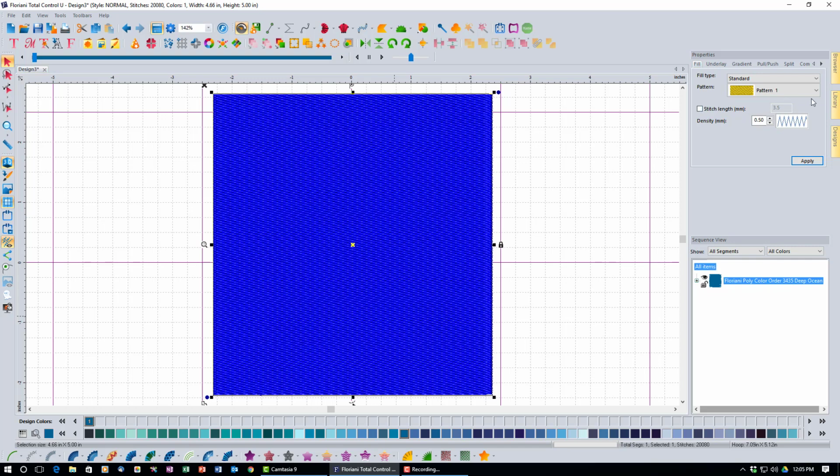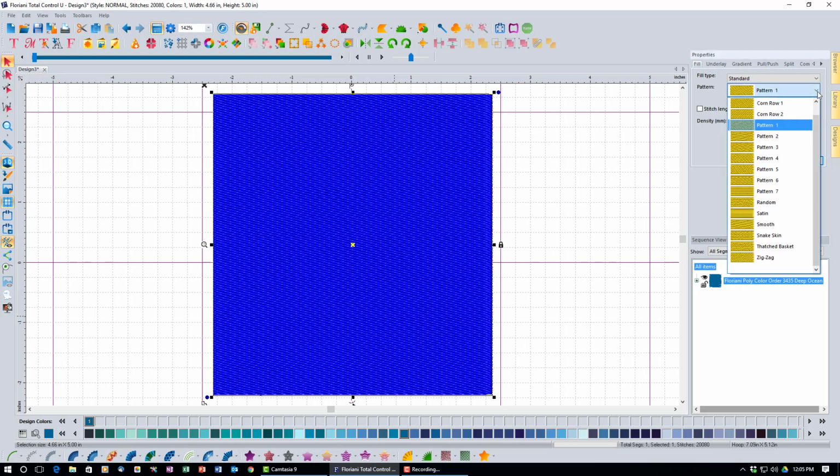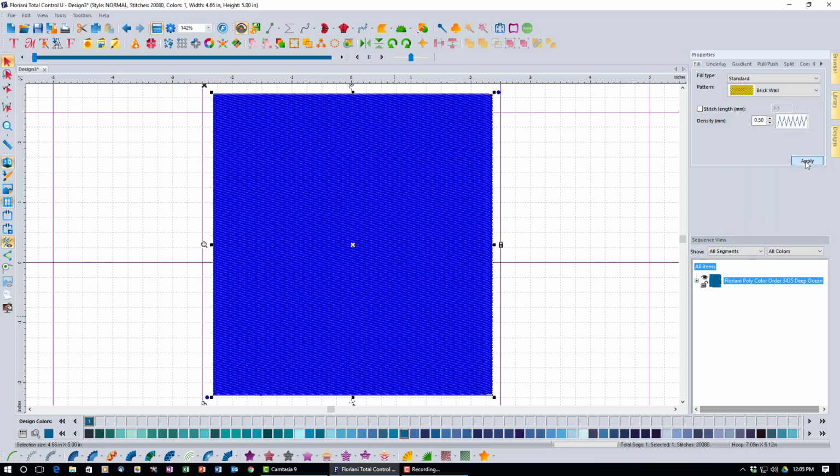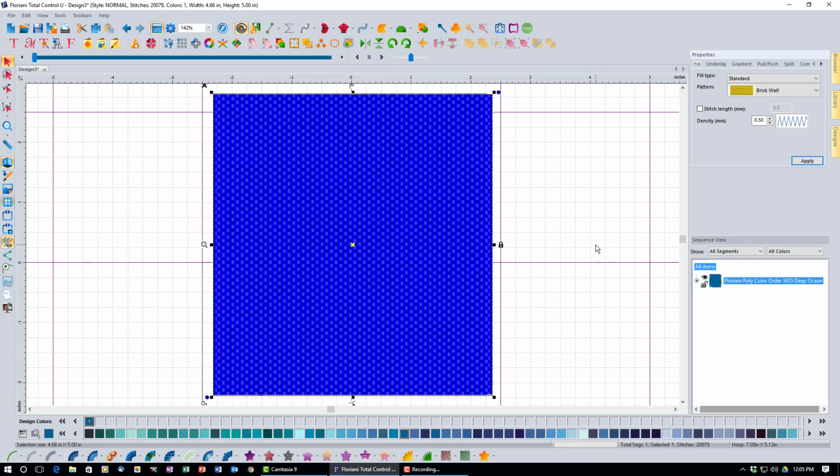Now this is the most common fill. It's also known as a tatami fill. And from this standard set of patterns, you can pick any of the ones that we give you. So you've got brick wall, cornrow, 2 different kinds of patterns, a random fill, satin fill, smooth fill, snakeskin, zigzag, etc. So let's just take a look at brick wall here and click apply, and you'll see here that